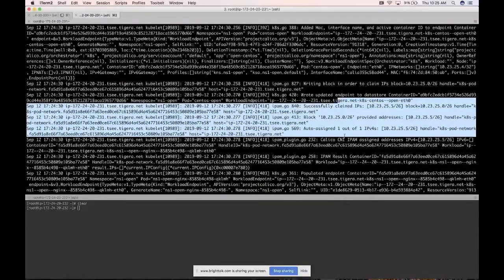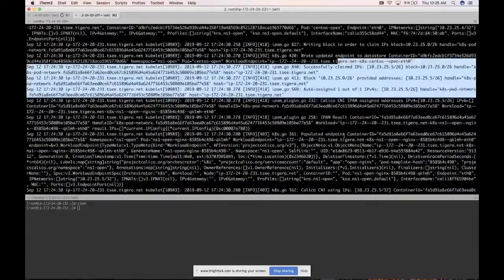So if the pod shows up and it doesn't get an IP address, that is the first place that you would look to see what happened. Why did the pod not get an IP address? And typically, it would lead to something like a potential configuration error in your Calico manifest where you haven't configured it correctly. And where you would want to look for that is under